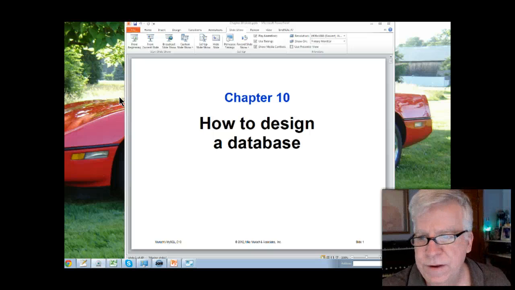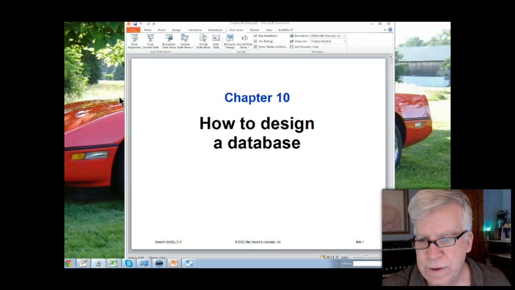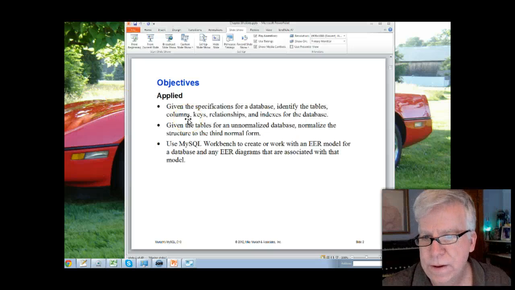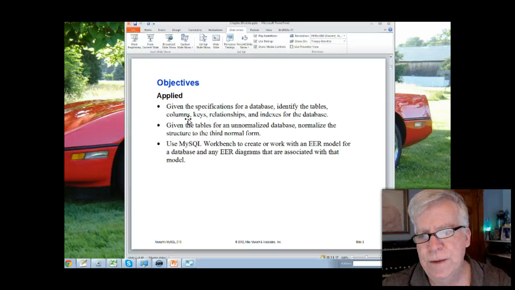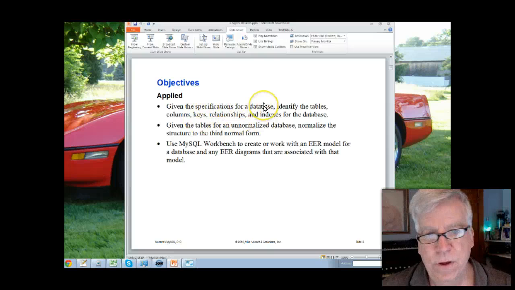How to design a database. So first of all, the database is the high-level grouping of information. The goal of this chapter is we're going to learn about specifications for a database. Okay, the whole bigger picture, the tables that live within the database,